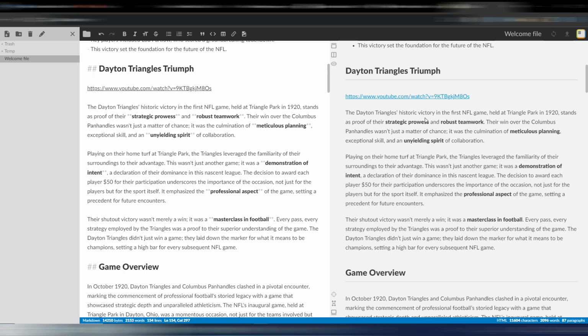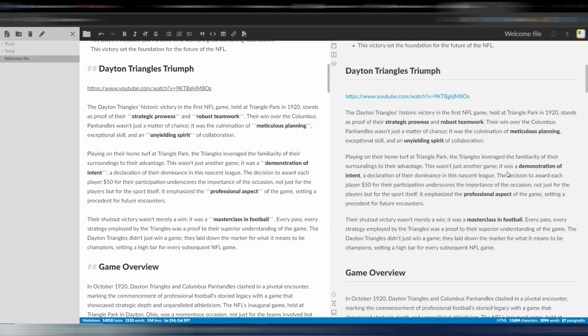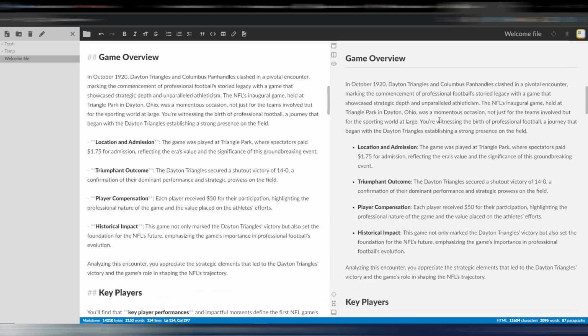read. Now we also have this YouTube URL, so let's check which video ZimmWriter found about this topic. And here it is, as you can see, the first NFL stadium, Triangle Park, so it's perfectly on topic with our article. Very good. Now let's go down on this game overview with many details about this game in October